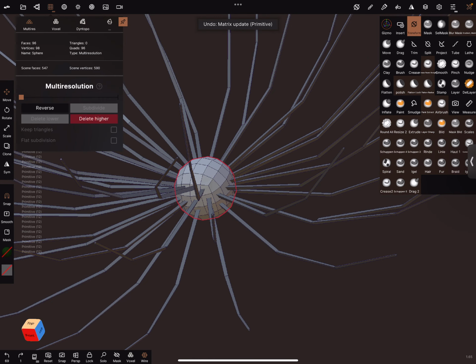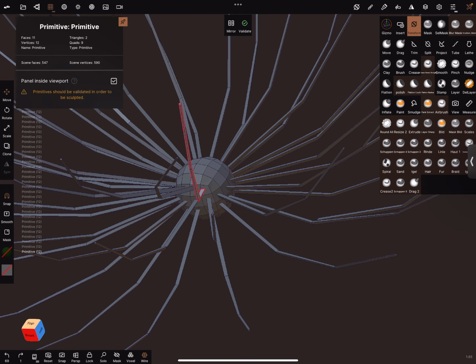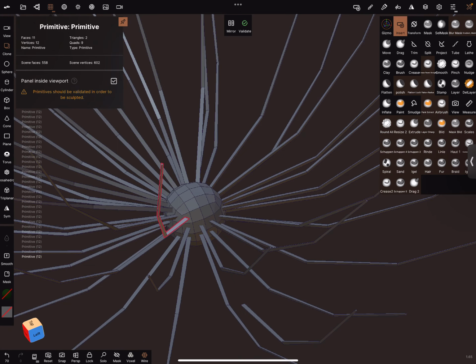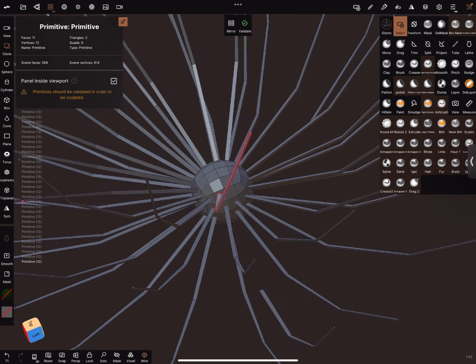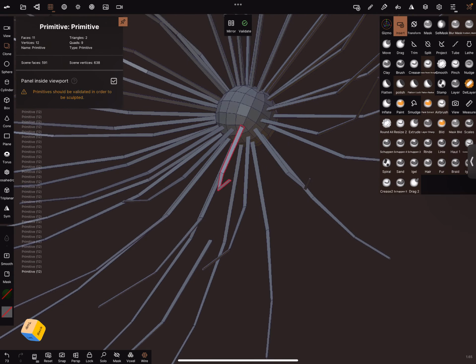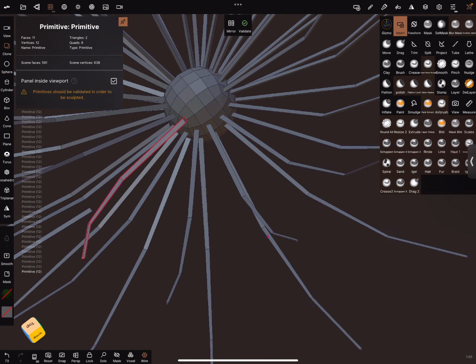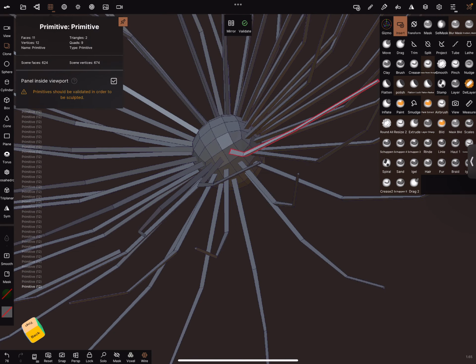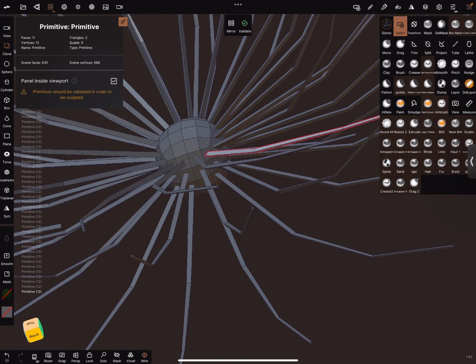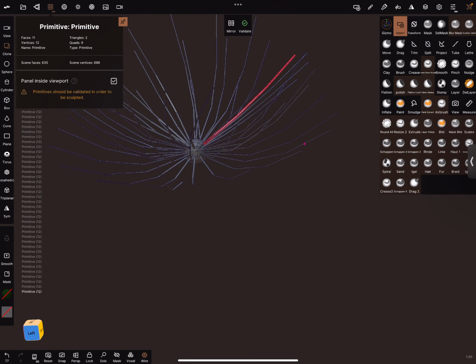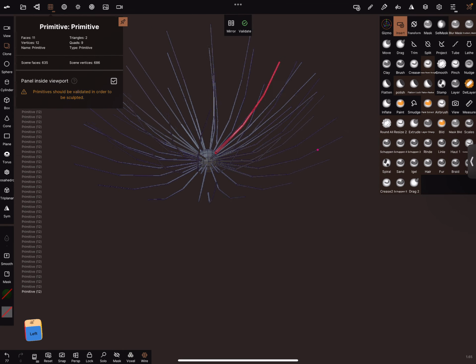Sorry, insert. And place a few more. You have more time to do this and rearrange it, but I think it's okay. It looks very fluffy.